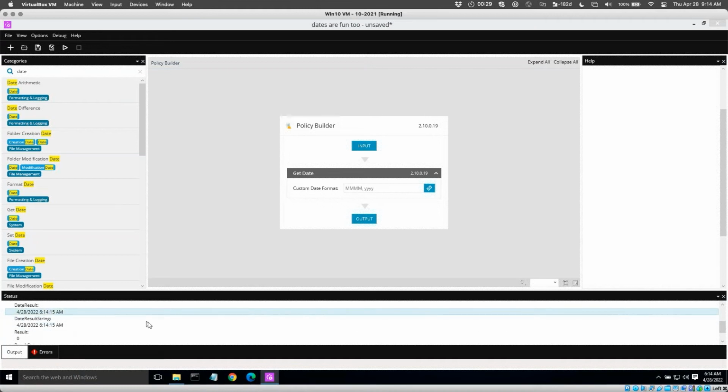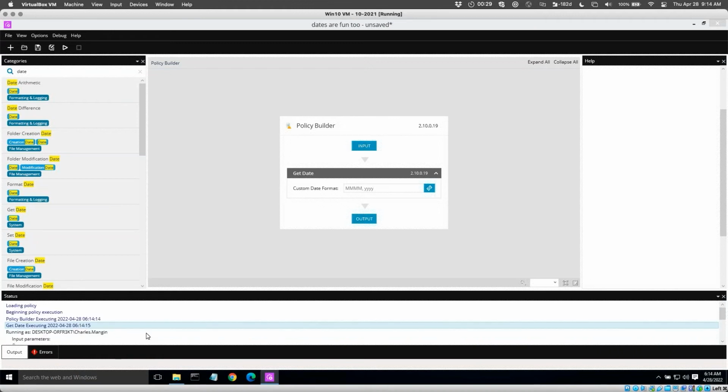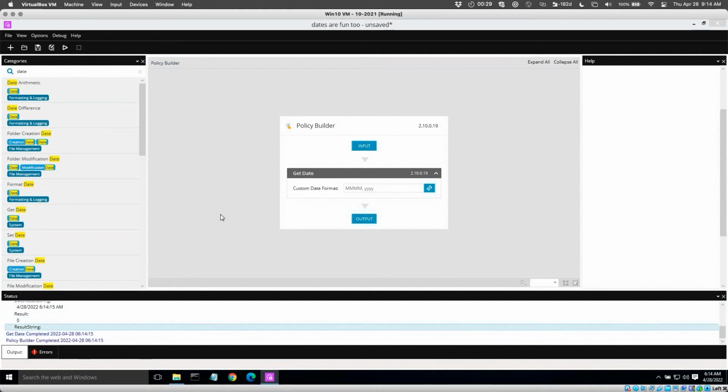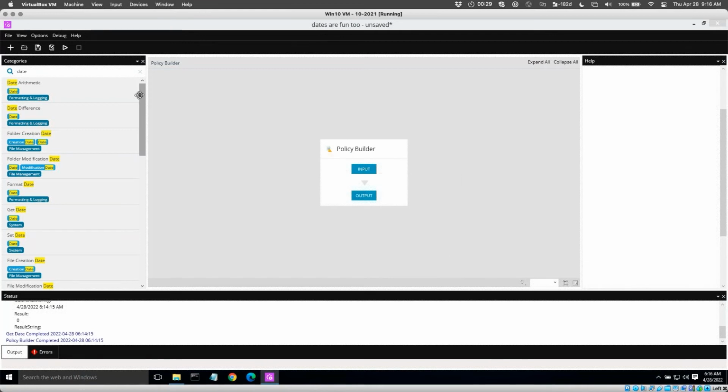So obviously my virtual machine is on West Coast time, which could be interesting for some of the policies that we're going to write here. But we could also change the format to just the month, day, and year. If we need to get the creation date of a file, we can see how old that file is, or see if it is within a particular time frame. So let's get the